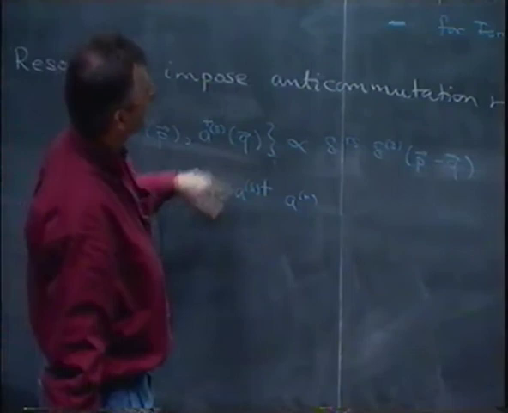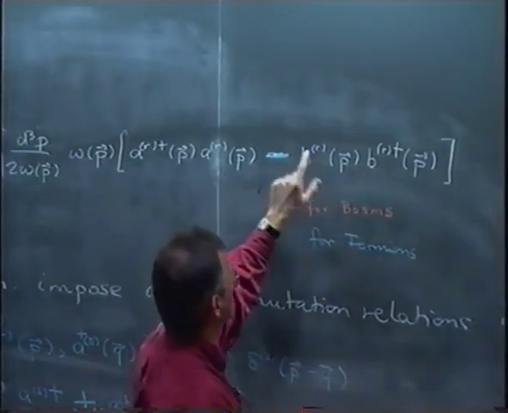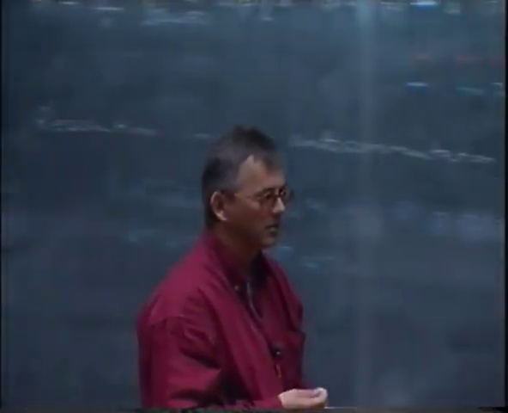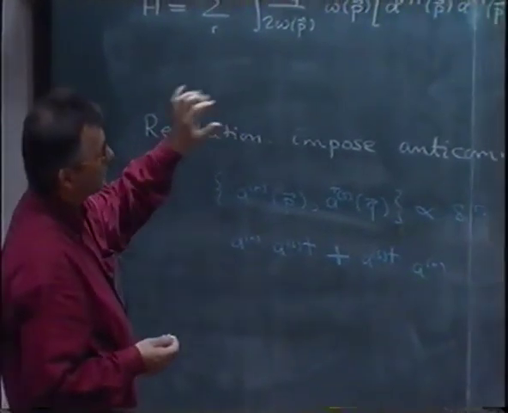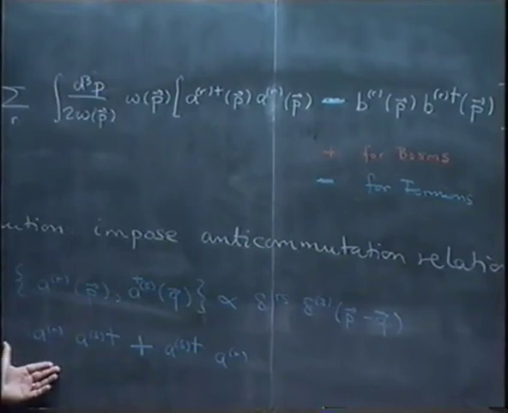And when you do this, you can check that this gets replaced by a term with b dagger b, but with a plus sign in front. And this finally is the resolution of this negative energy problem in quantum field theory. And it's something that you cannot really do in the classical theory, even though you might think we have this extra hypothesis of the Dirac sea, which in some sense is equivalent to this. But here you see that you have a crucial minus sign that forces you to postulate anti-commutation relations rather than commutation relations.